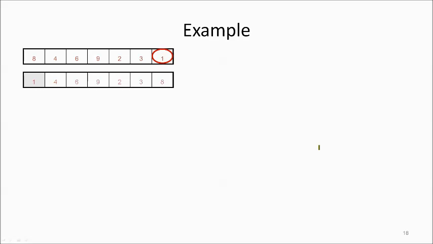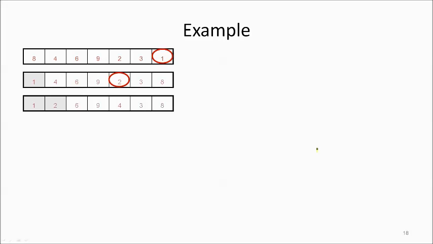Okay, we change the position. So 1 is exchanged or swapped with the position of number 8. They interchange. Okay? Next, the second smallest value after 1 is number 2. So 2 will interchange or swap with the position of number 4. Okay, as you can see, 2 and 4 swap places.